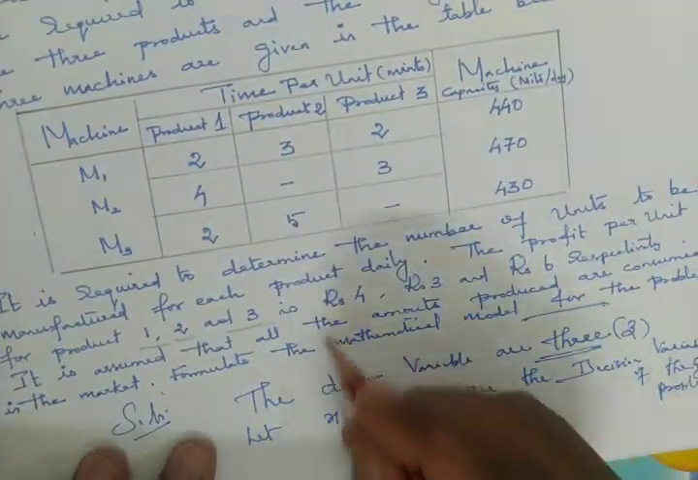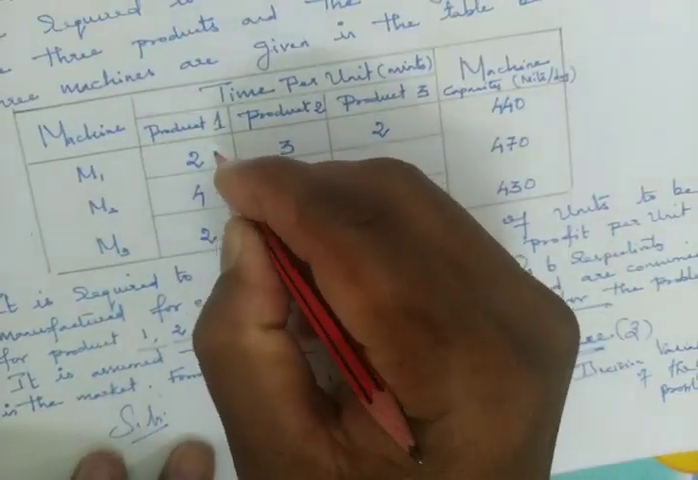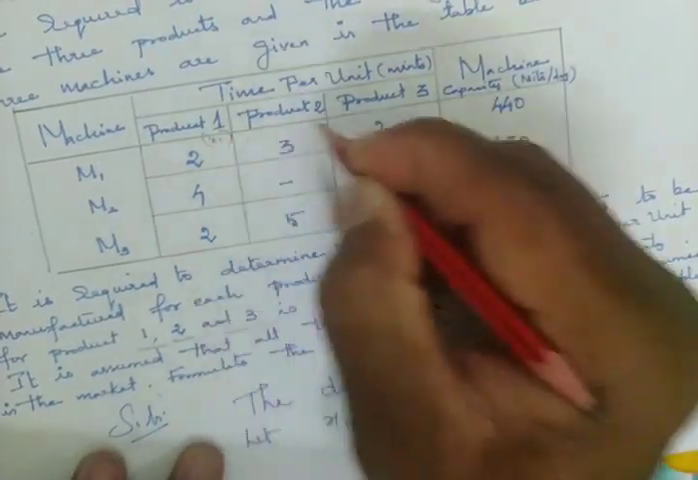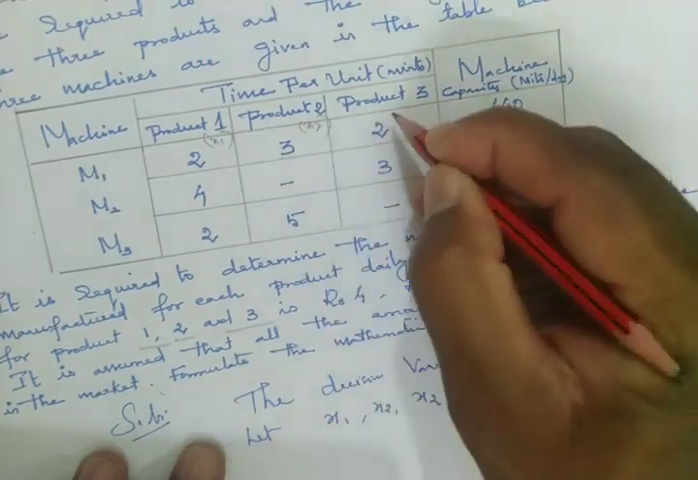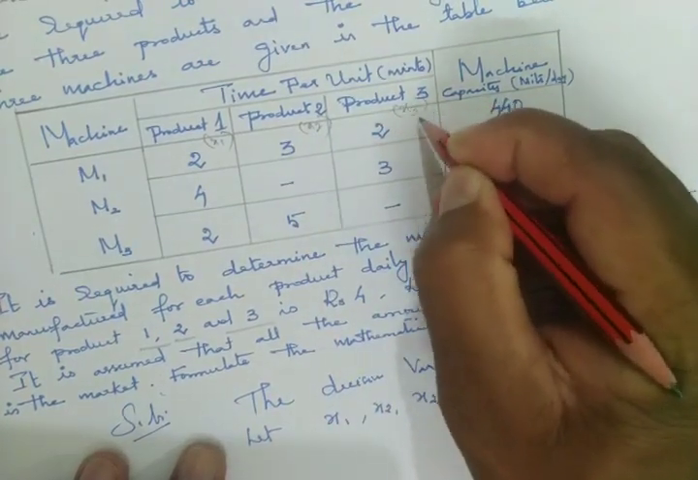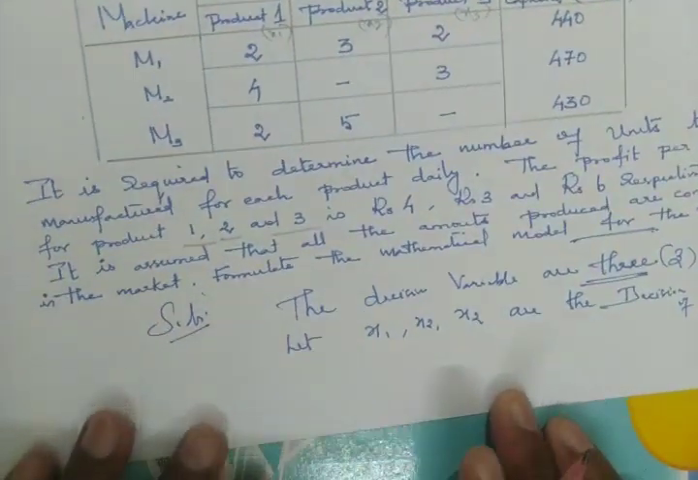or minimizes the objective. For product 1 we assumed x1. For product 2 we assumed x2. For product 3 we assumed x3. So now to form the constraints, here